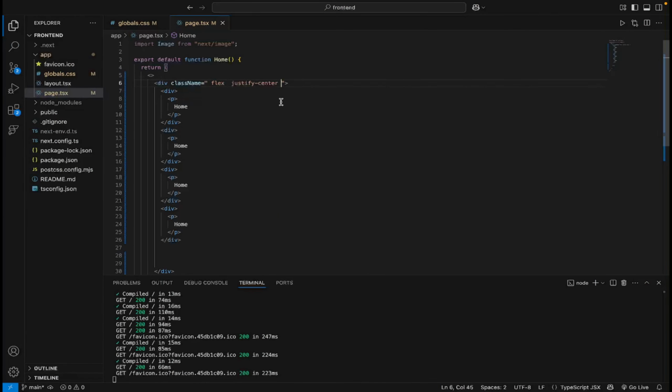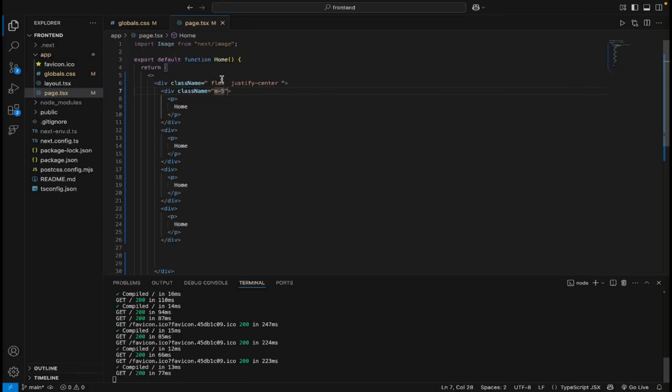So which property can we use? We can give space or margin to individual elements to give them some spacing around them. Okay, so if you copy this,